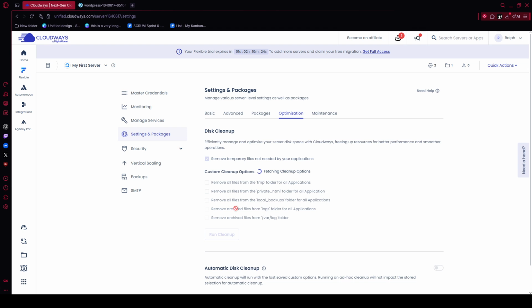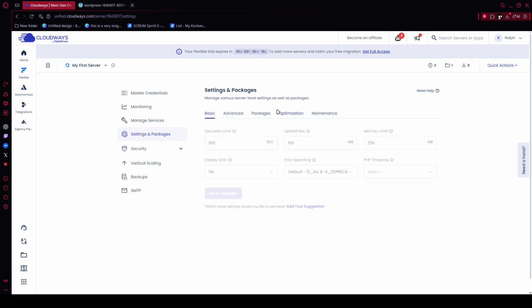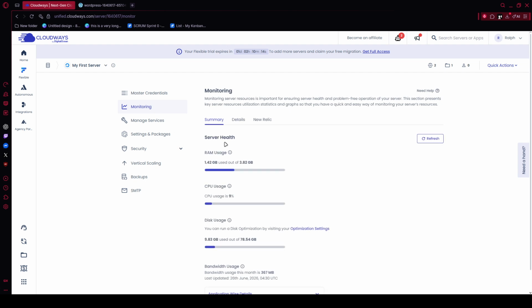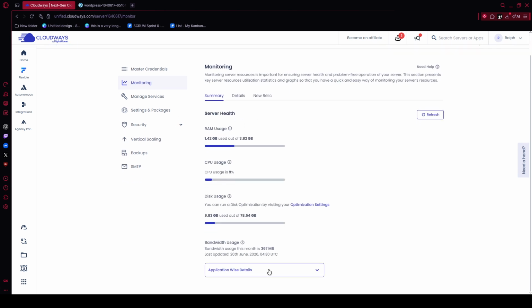If you need to investigate something that happened earlier, switch from Summary to the Details tab. Here, you can dig deeper into historical behavior. Open the metric dropdown and select the specific parameter you want to review, such as idle CPU, free memory, MySQL connections, or auto-healing restarts. Then adjust the time range. You can look at recent activity from the last hour, or expand the view to cover much longer periods, even up to several months. This is useful when you're trying to match a traffic spike or outage with a resource